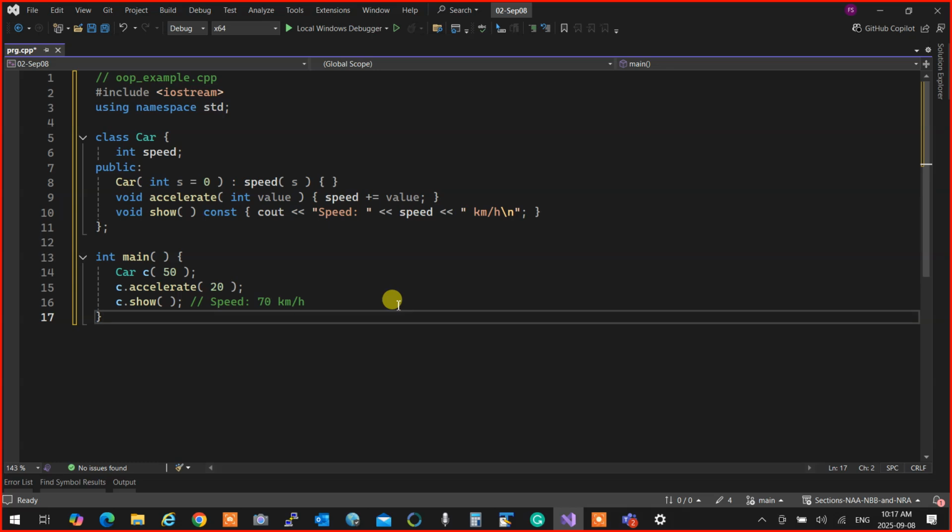We create a car, we said the car has a speed, and we can build the car with a specific speed as it goes. If we accelerate, the value of the acceleration will be added to the speed, therefore the car is going to go faster. And when I show the car, it is going to show what speed it's going with. That's essentially packing the data and behavior together, which is,